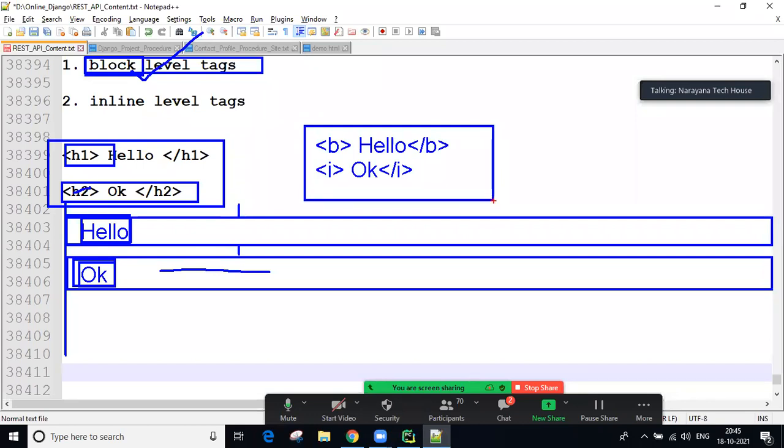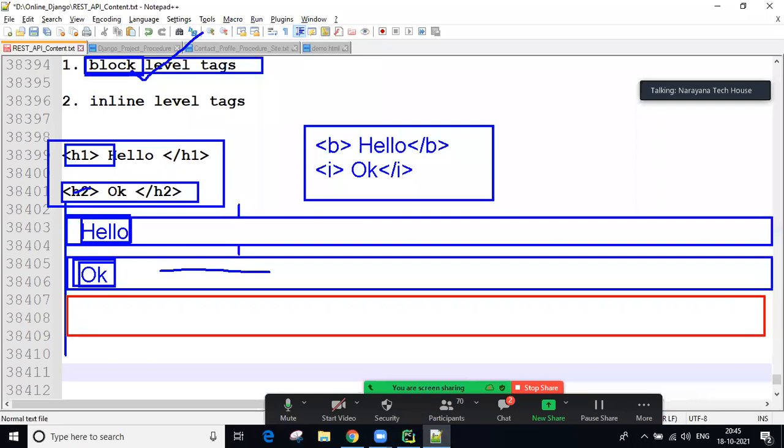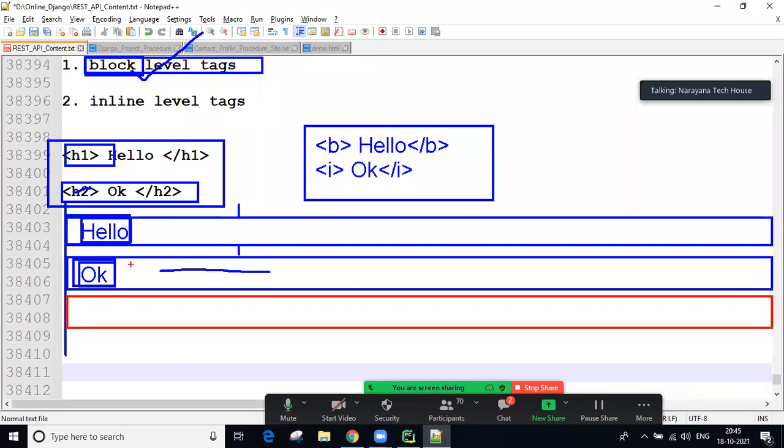Because of the inline, you can see what happened here. This is my row. First, hello is displayed. And next, the i tag also comes under inline behavior. Inline behavior means that only the space related to the content is reserved for this b tag.